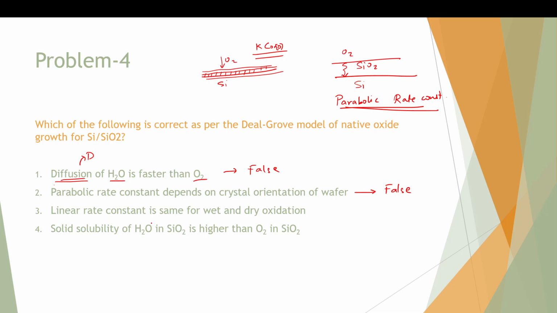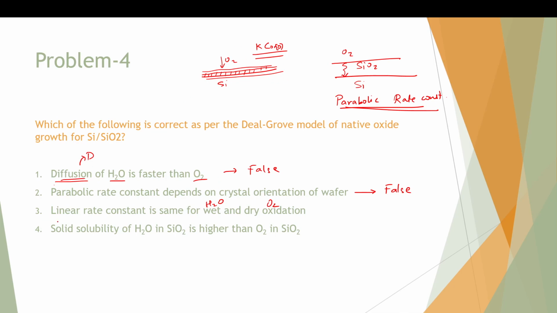Okay, if this was true, that would mean that the linear rate constant will be the same when we are doing dry oxidation with O2 gas or with H2O liquid. But that is definitely not the case, because of the fourth point, that is, solid solubility of H2O in SiO2 is higher than oxygen in SiO2. So if the solid solubility of H2O is higher in SiO2, naturally more oxygen will reach the silicon surface, and the rate limitation will